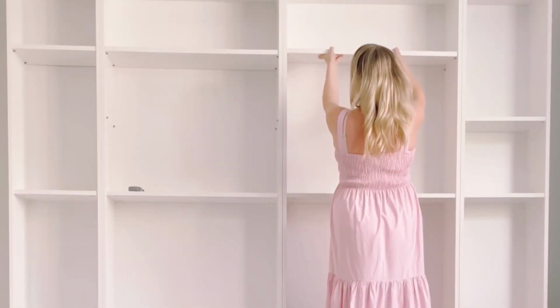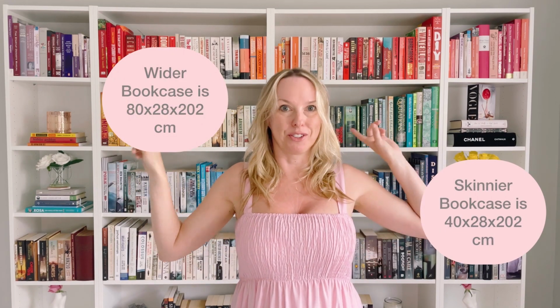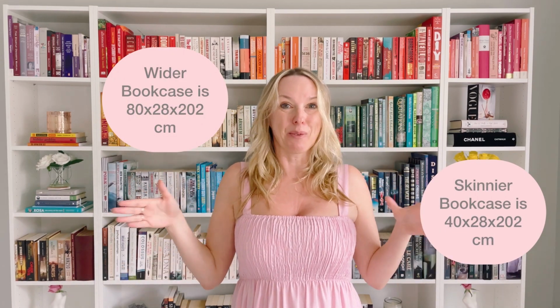So this is the traditional Billy bookcase that can be bespoke in a million different ways, including painting it, adding doors on and all sorts of things. This is two of the wider ones and obviously two of the skinnier ones. The reason why I went with the different sizes is I wasn't sure how many books we would have and I didn't want them kind of falling over all the time, so I thought the different sizes would give me